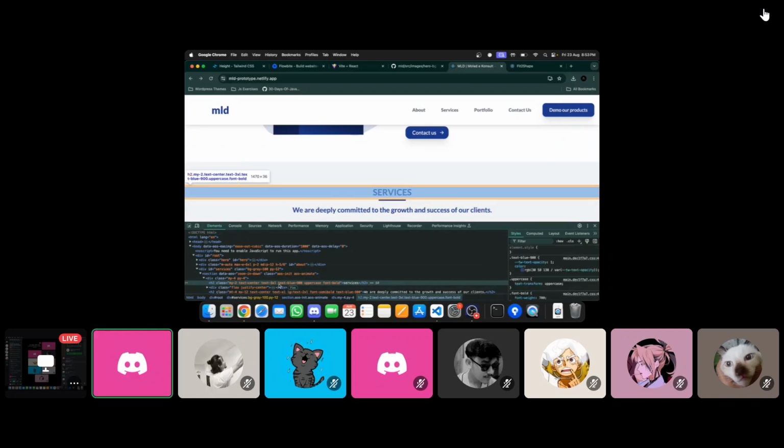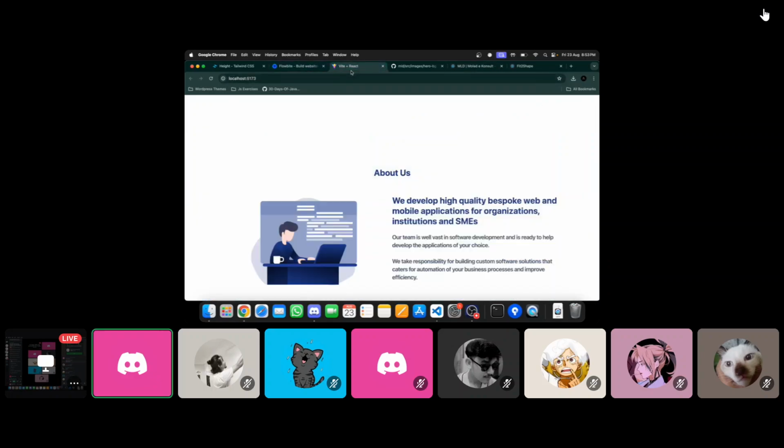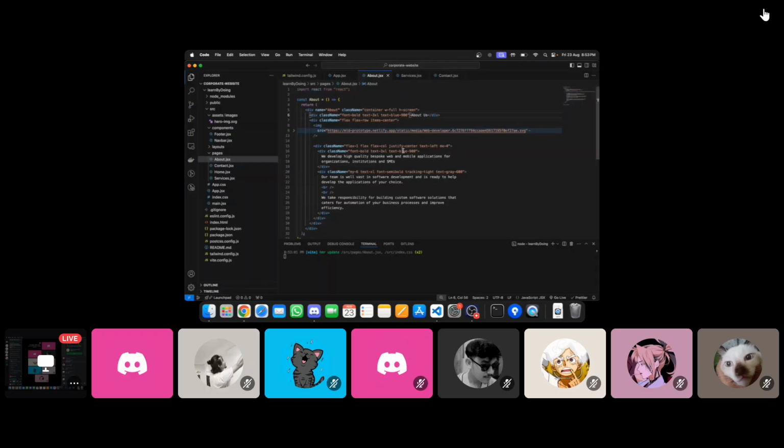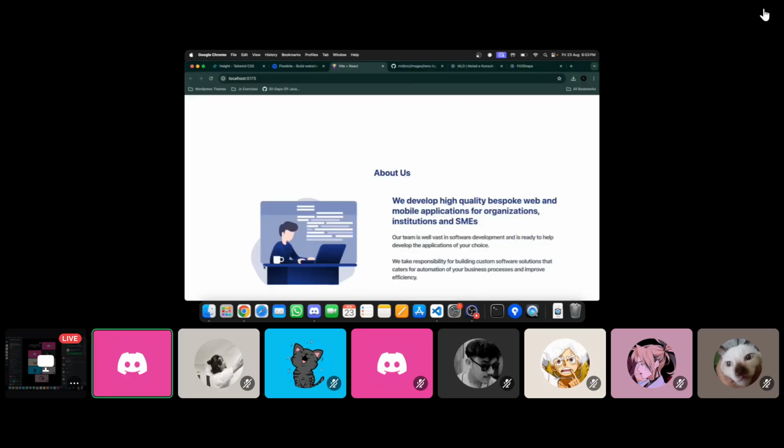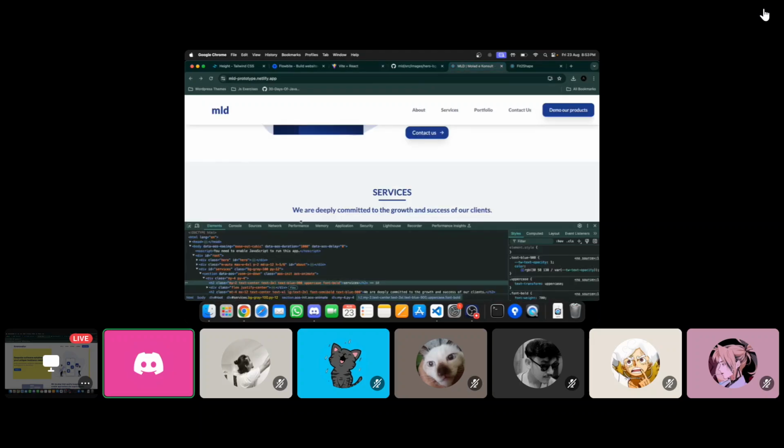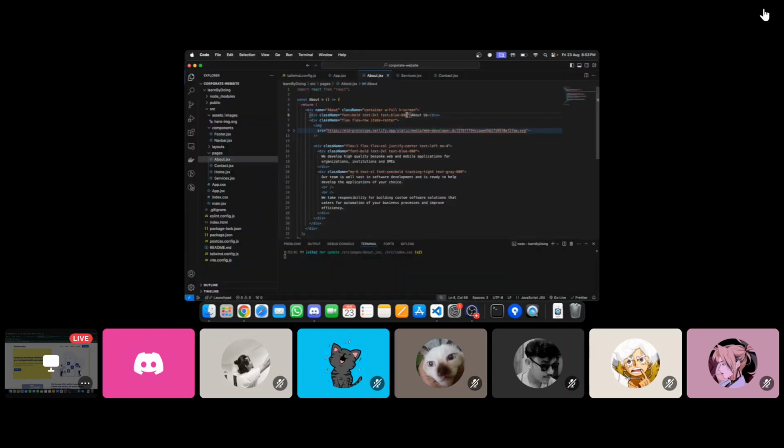They're using the same style. Okay, font. So you can see we are using creator, text blue, fine. Then uppercase and font bold.